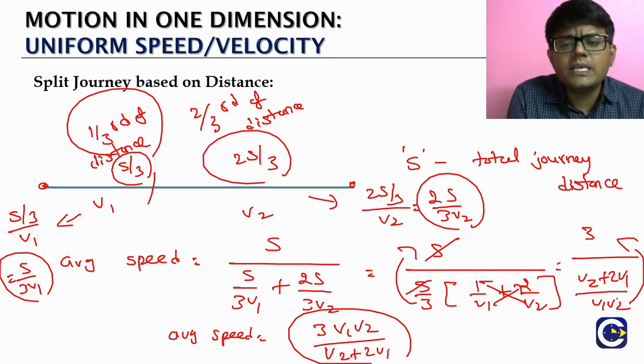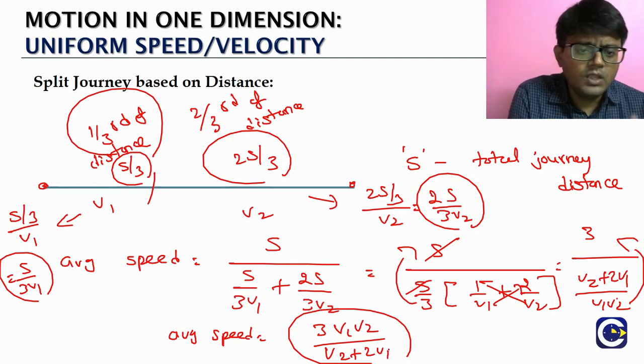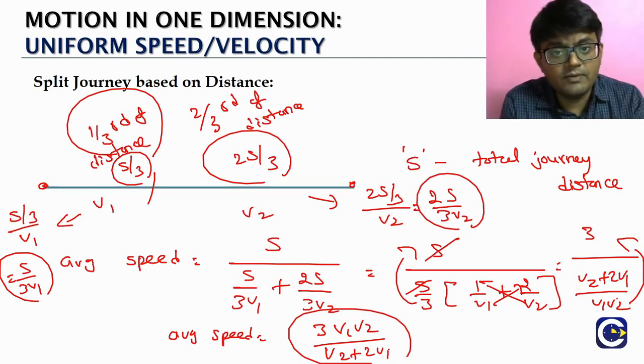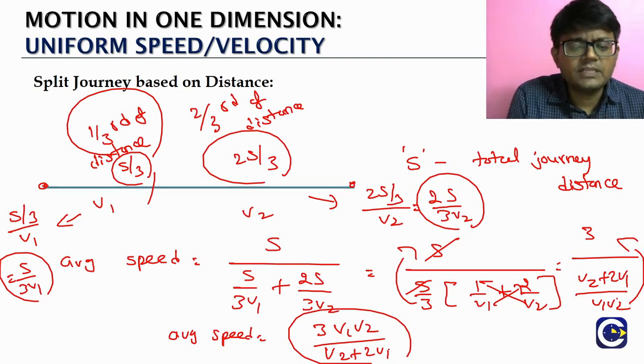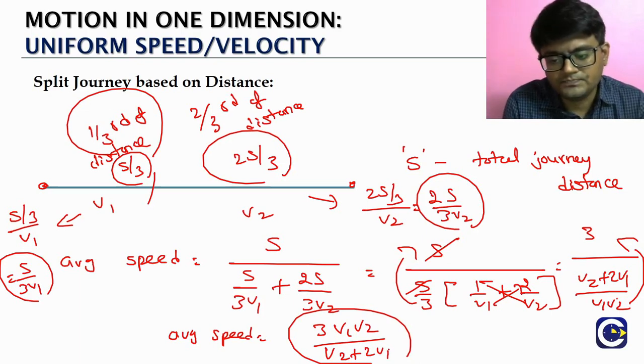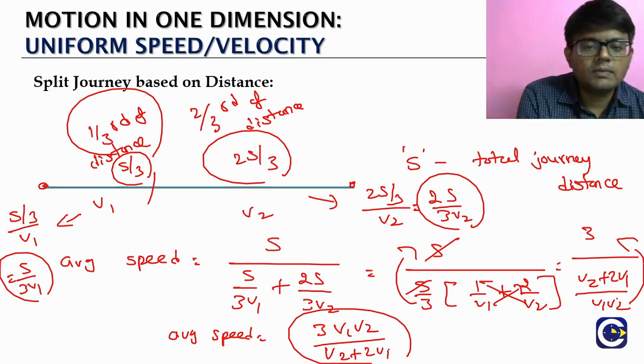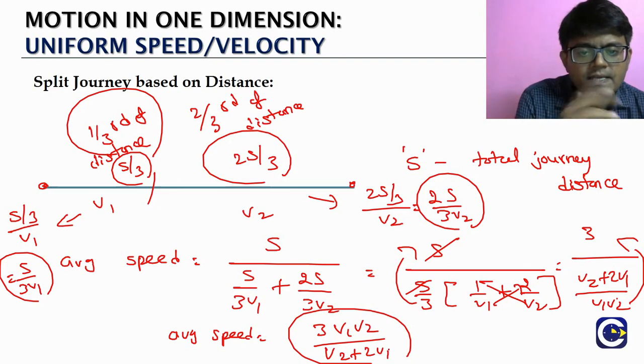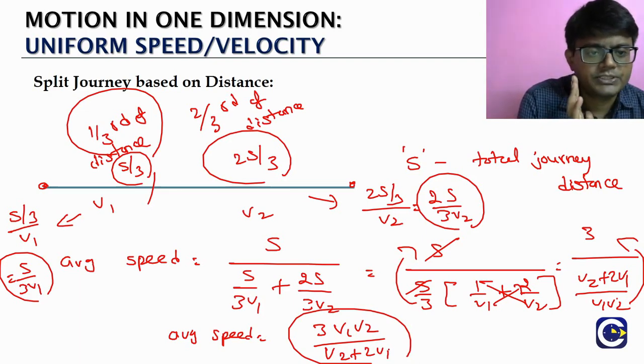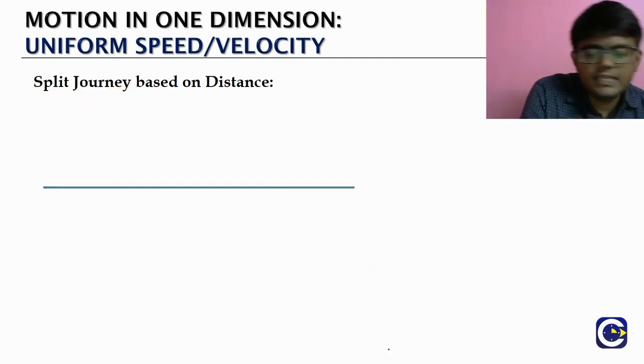They would probably give questions like splitting the journey into 1/5 and the remaining will be 4/5. So it is something that we don't usually touch upon. But if you remember the approach, we will be able to solve any type of such question. Now we look at a very generic case.